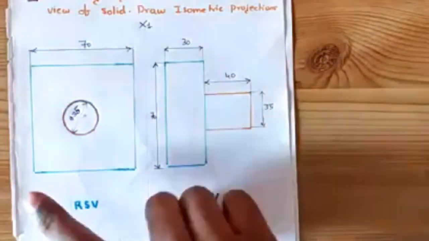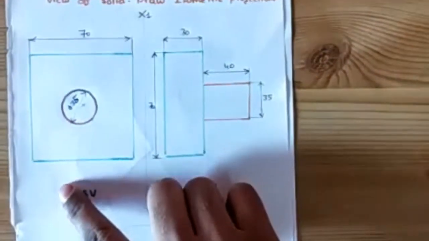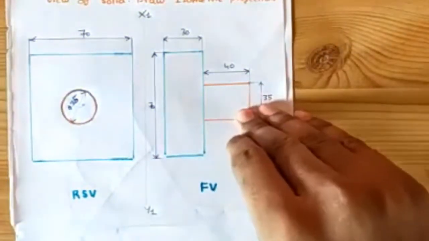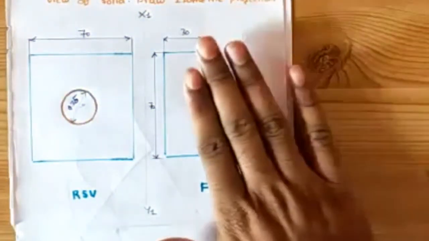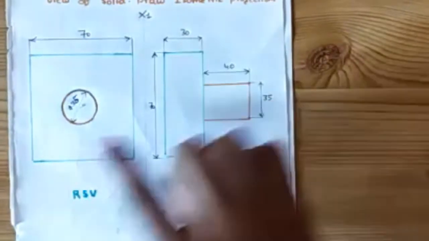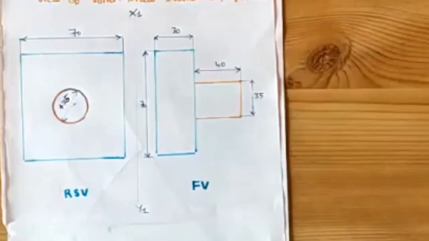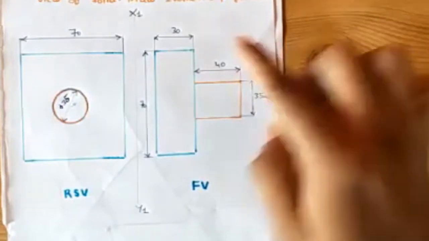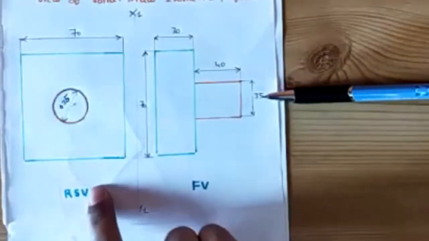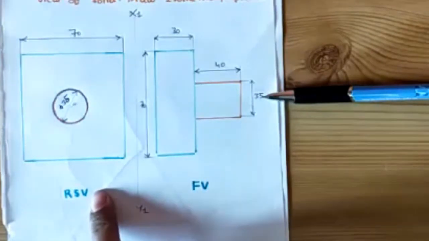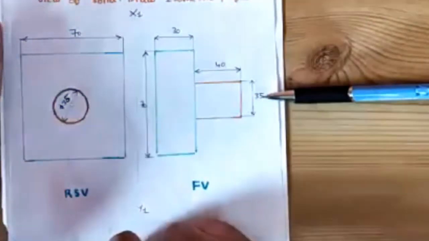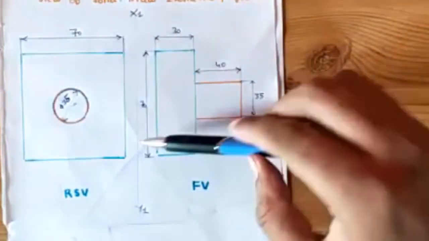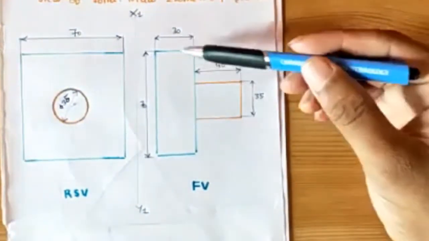See, in the previous problem which we had solved, the front view was here and we had given you the left side view. But in this problem, the front view and the right side view, when an observer is looking from this side, whatever view you can see here is being projected here. That is, the right side view will be projected on your left side plane. The plane is left side, but the view is right side.